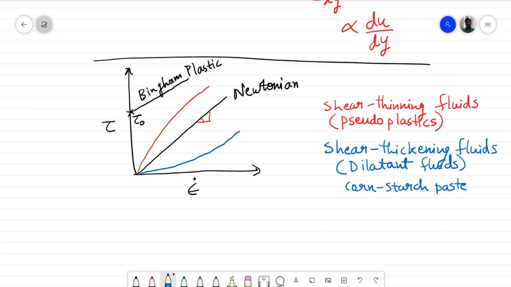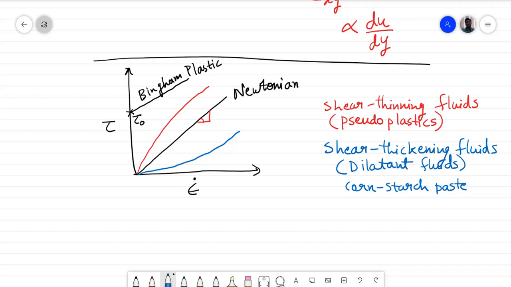Okay. So such fluids are also used in bulletproof vests. So that it is easier to handle. It acts like a fluid at normal stress values, but if a bullet hits it, it acts like a solid. Shear thinning fluids, some examples are paint. Paint is a shear thinning fluid. If you apply high shear to it, it thins down. So viscosity decreases at high shear rates or high shear stresses.